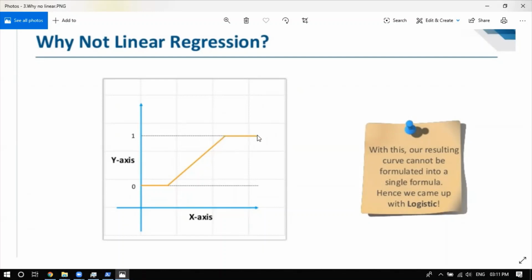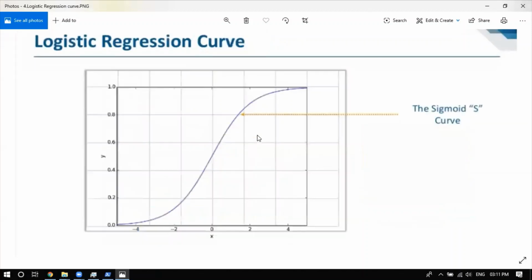Now, how exactly are you going to do it? It's not like you plot a linear graph and then just break the graph in 3 parts. You have to use a function which is called the logistic regression curve, also known as the sigmoid curve. Now this is what a sigmoid curve looks like. The sigmoid curve has a domain of minus infinity to plus infinity, but the answer will only oscillate between 0 and 1. That's the only answer the logistic regression curve can give. In between you'll get an answer.